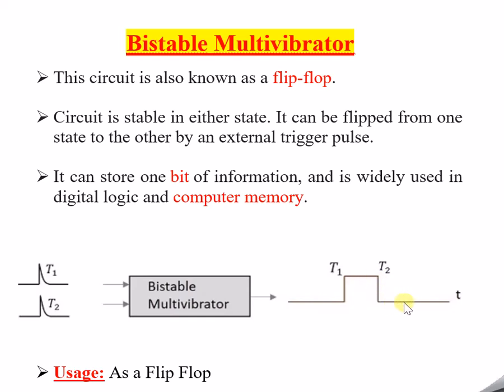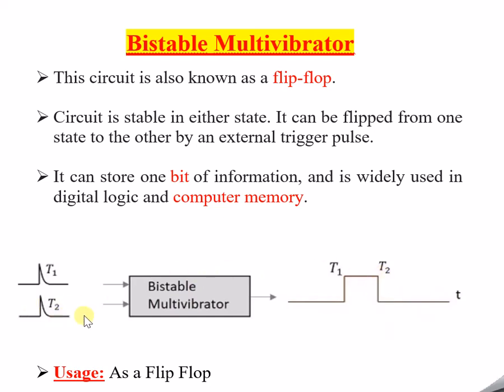Now it is changing. Why? Because I want to keep it in off state. Because of this, I am applying T2. This T2 I am trying to apply until this T2 instant. How much time we will fix it? Until that time it will be in off state, and the state will not change unless one more trigger is applied. Hence, we can say that the bistable multivibrator has two stable states. That means it has one on state stable, one off state stable. On state at the time of T1, off state at the time of T2. So hence there are two stable states.